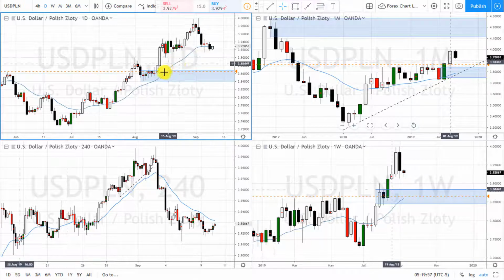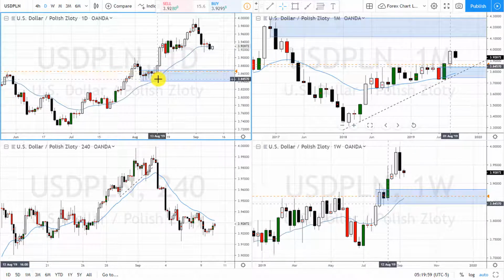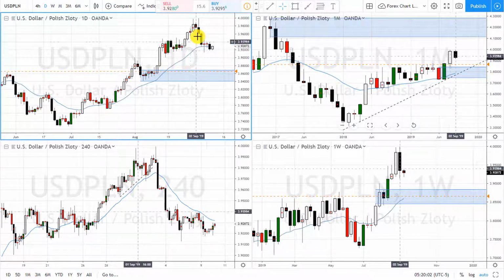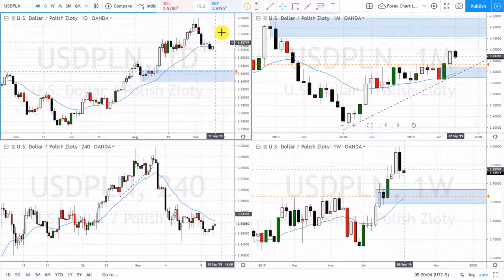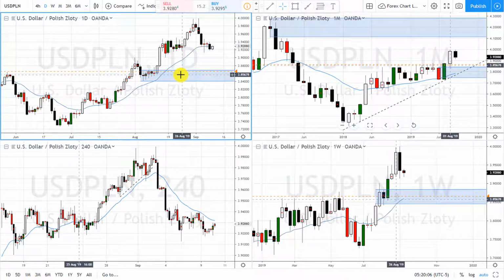Same with the daily. Price is retracing to this area before it can go long again. So that's what we want to do. We want to go long, but also,